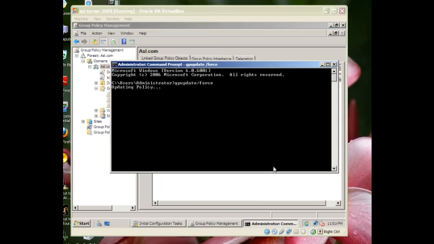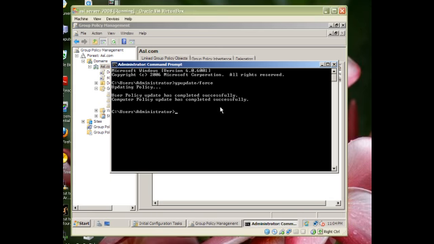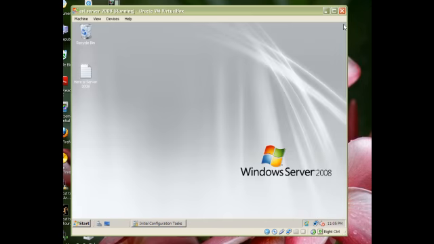And you can see here that the GP update /force is updating the group policy at this point in time, and we'll have to wait until it's finished. Now you can see that the computer policy has completed successfully, so we're going to test it out now. So we're going to close this,